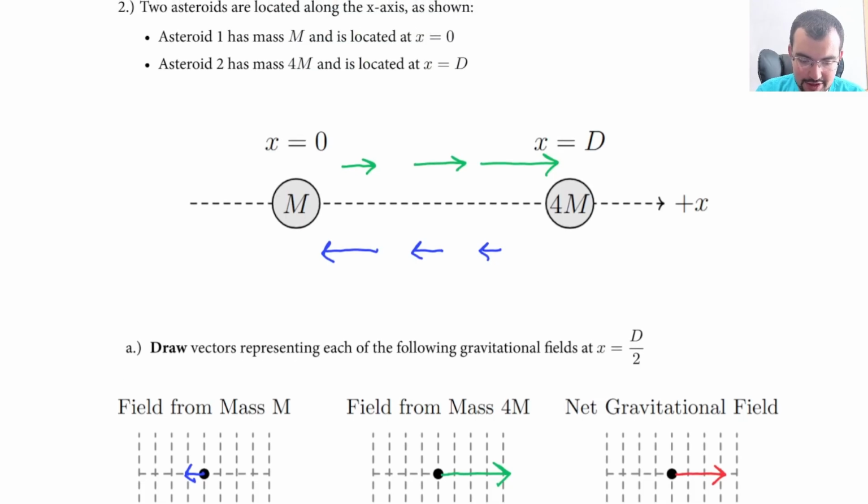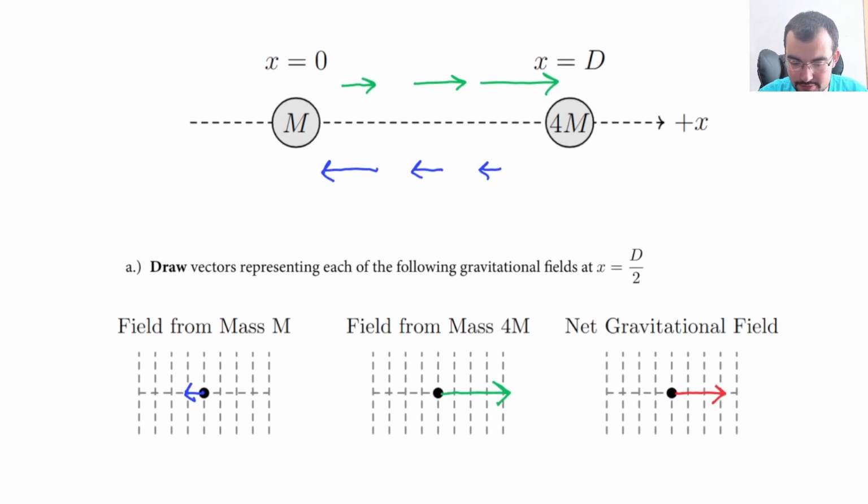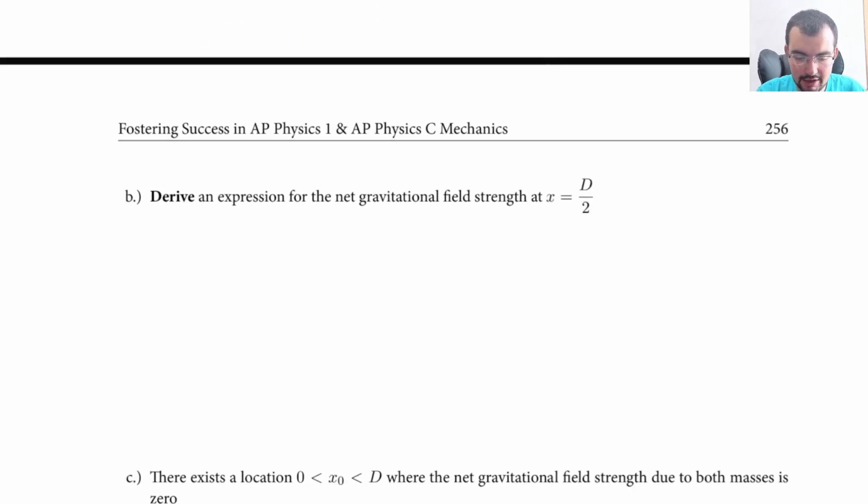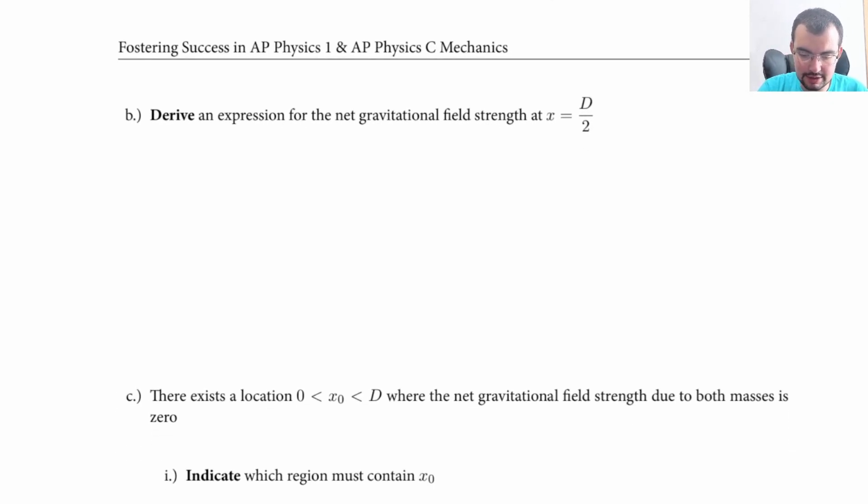So the net gravitational field is towards the heavier mass, which makes sense, because you're getting pulled towards the little m and getting pulled towards the big M, but of course the bigger mass wins when the distance is the same. What is the net gravitational field strength at d over 2? Well, we said that we can do this by vectors. It's going to be the field generated by the m as a vector plus the field generated by the 4m